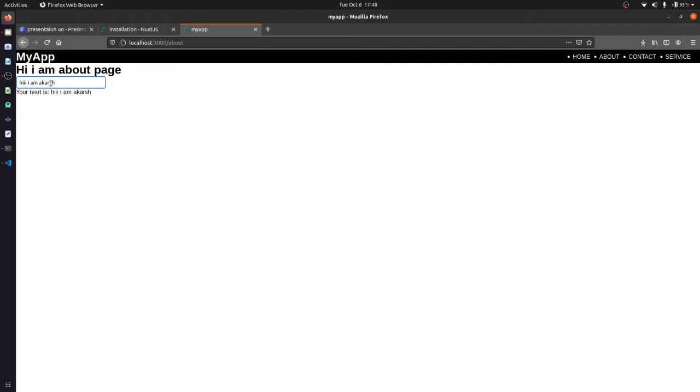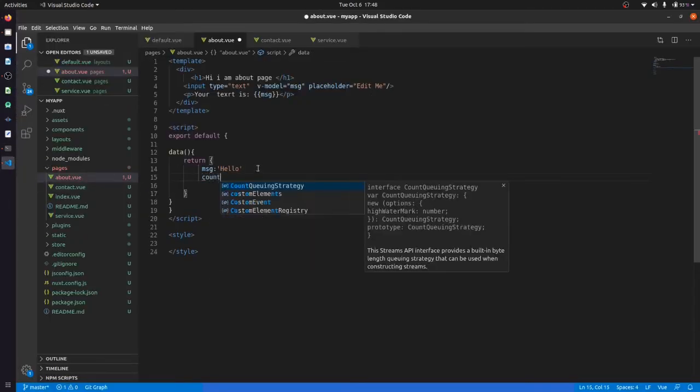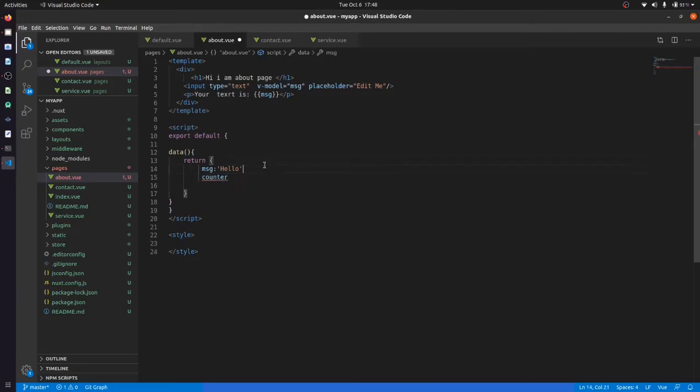And now we can bind this with something. In a similar way, we can create a counter here. Counter, let me give it a comma. We have created a counter, and the starting value of the counter is 0.